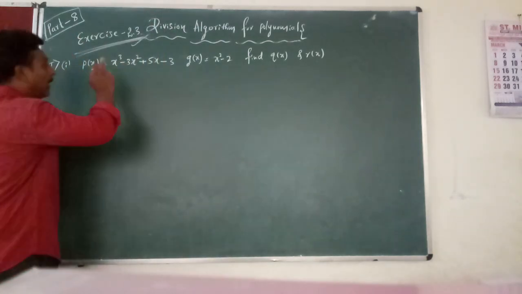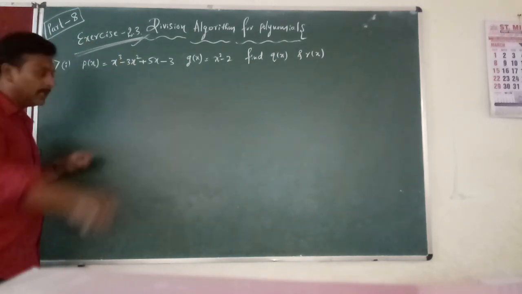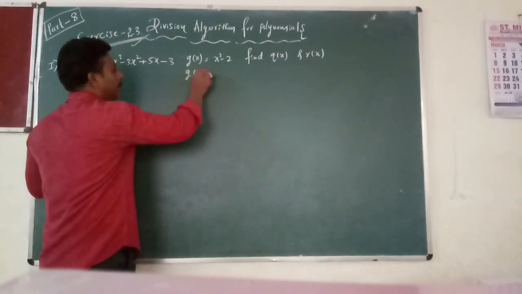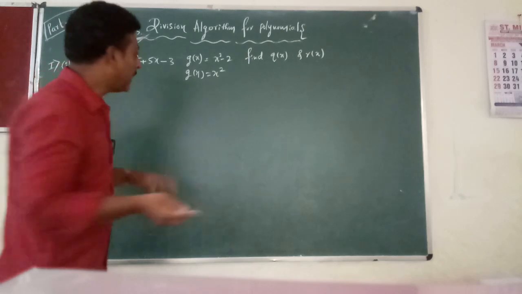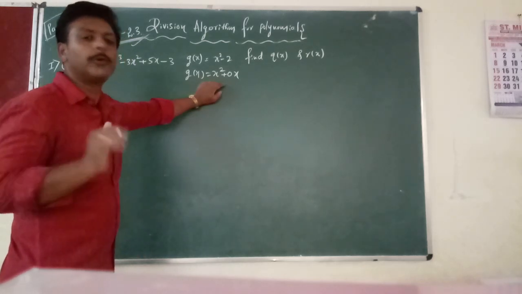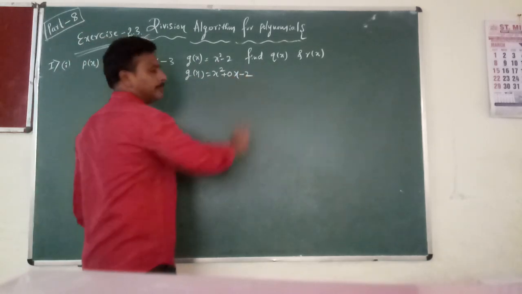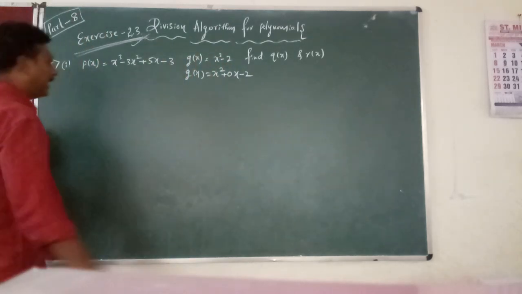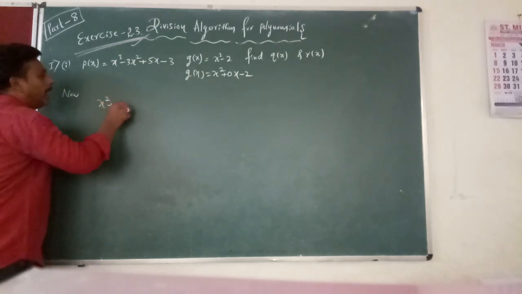Check करो, x cube है, उसके बाद x square है, उसके बाद x है, उसके बाद constant। जय हिंद, p of x करेक्ट है। g of x देखो, फर्स्ट टर्म क्या है, x square है, राइट। x square के बाद x आना चाहिए, पावर 1 वो नहीं है, तो डोंट वरी, टेक इट एज 0x, क्योंकि 0 do not have any sign, so plus 0x, उसके बाद कांस्टेंट -2। इसको इससे लॉन्ग डिवीजन करना है, चलो करेंगे। सो नाउ लॉन्ग डिवीजन का प्रोसेस सेम, x स्क्वायर प्लस 0x minus 2